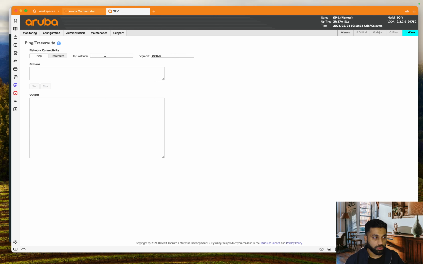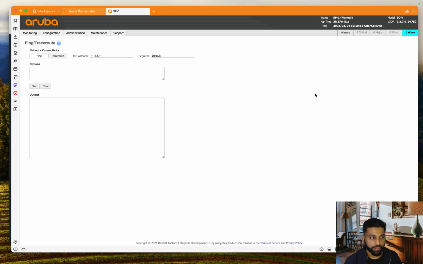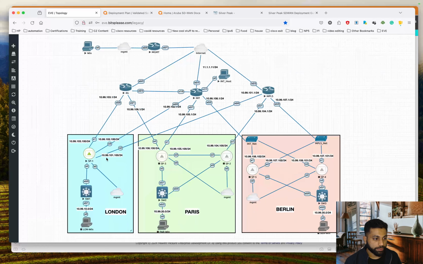And what's the IP we want to ping? We want to ping 11.1.1.11, right? Perfect. And now here you can define what options, right? So if you look at our topology, we have